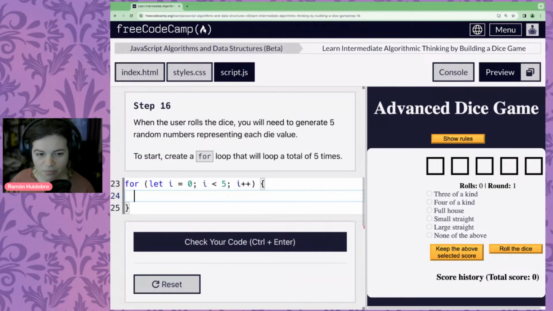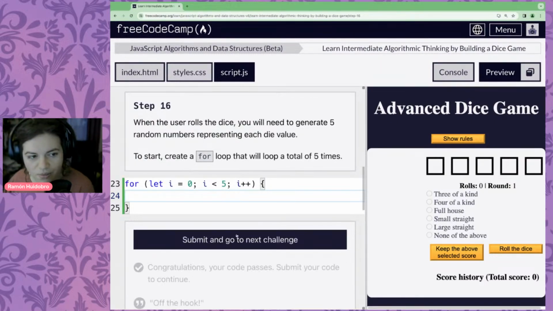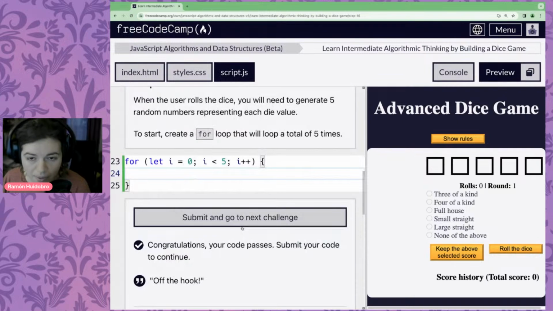Now, some of y'all might be writing in the chat, oh, is this the best loop to do? Is this the best way to do it? Maybe in this case it could be. If there's other more fancy ways to do it, that's totally fine as well. Hello, folks joining in. That is totally fine. This is a way that works, and I find it to be legible.